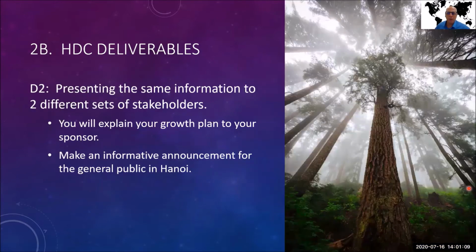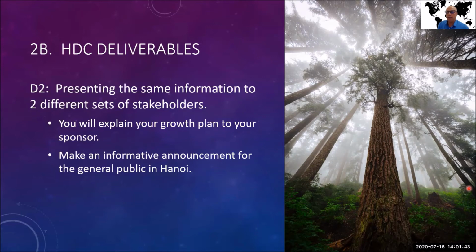The second deliverable is at the end of week 2, and this one's more focused on growth. So once again, you are preparing a slide deck, a narrated slideshow or a talk, but this time you're preparing 2. It's the same set of facts, the same set of information. You're talking about how you as a team are going to grow and hit your goals. You're going to explain what your new plan is and then talk about how you're going to hit that.